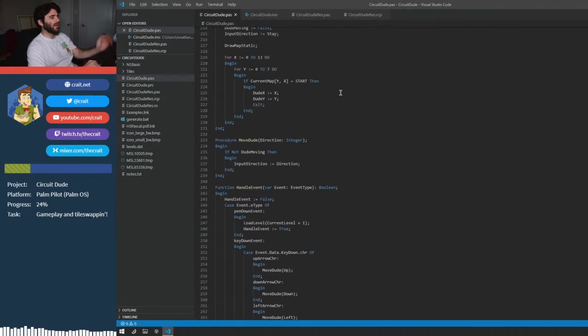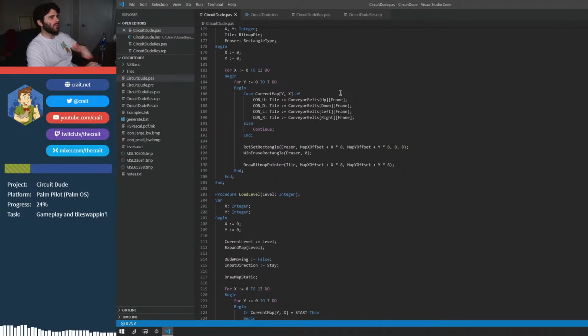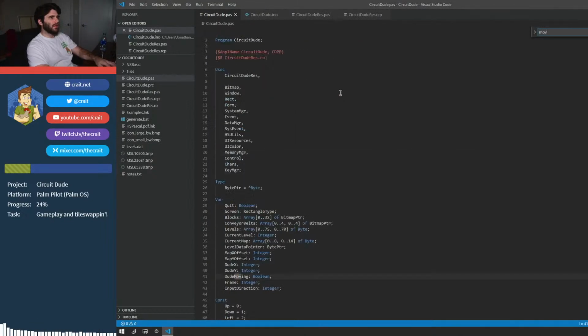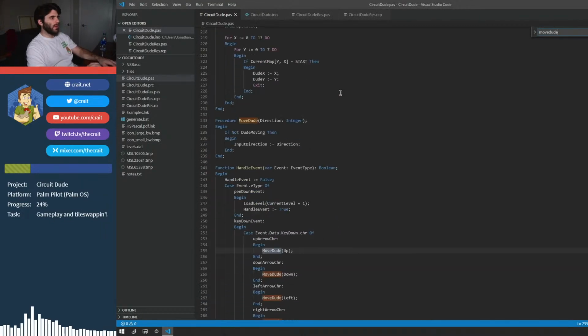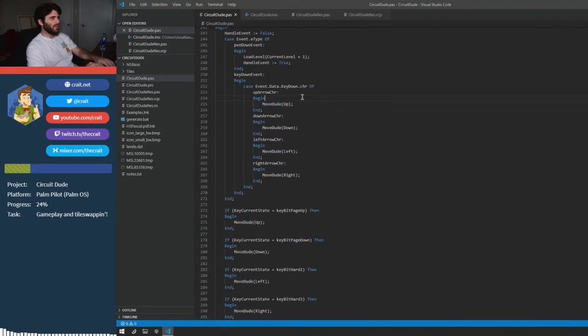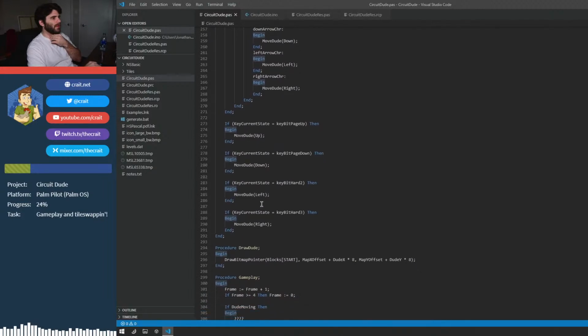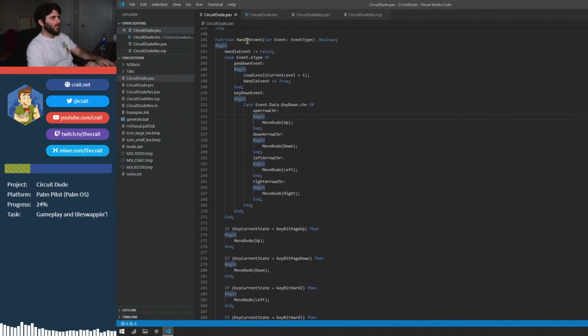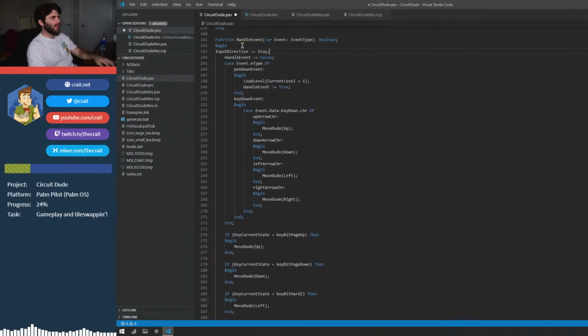So we have a continuous movement. And we can actually put that where we call our move dude function. So we're trying to move him,